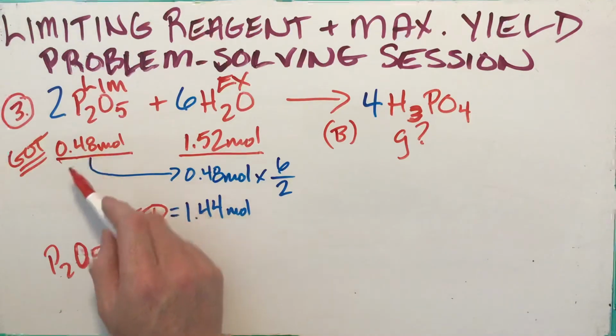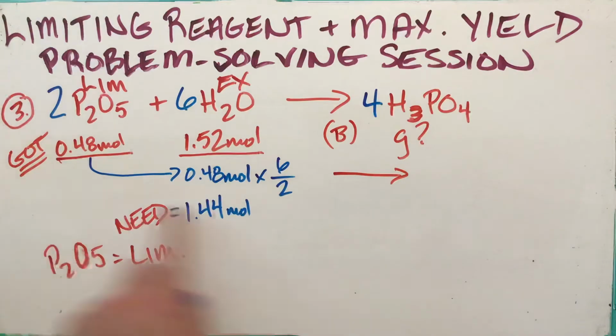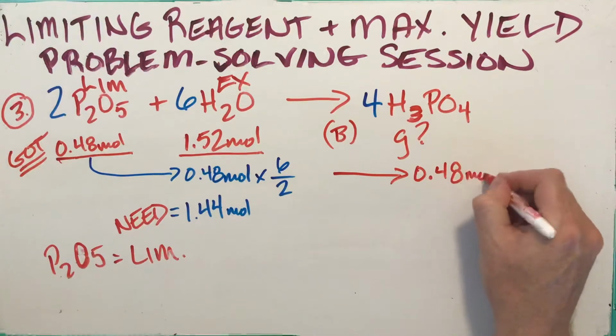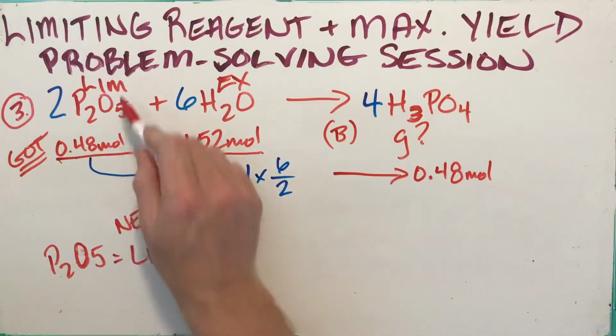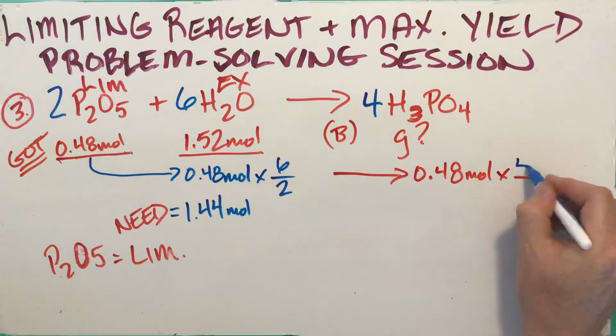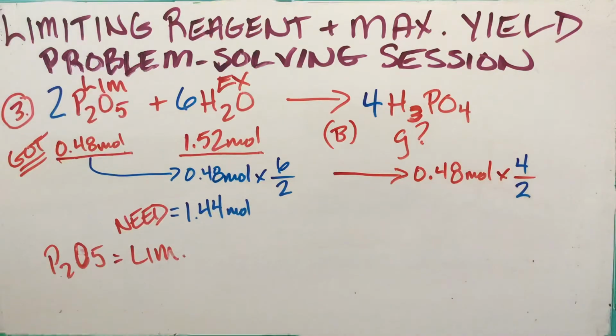So now what I'm going to do is bring this over. I'm going to draw my arrow, and I'll show you a little shortcut. I just go like this. I draw my arrow like that. I'm pretending I'm drawing it from there, and I still bring over the 0.48 moles, what I have of my limiting reagent. And I multiply it by the mole ratio, 4/2. And that ends up being